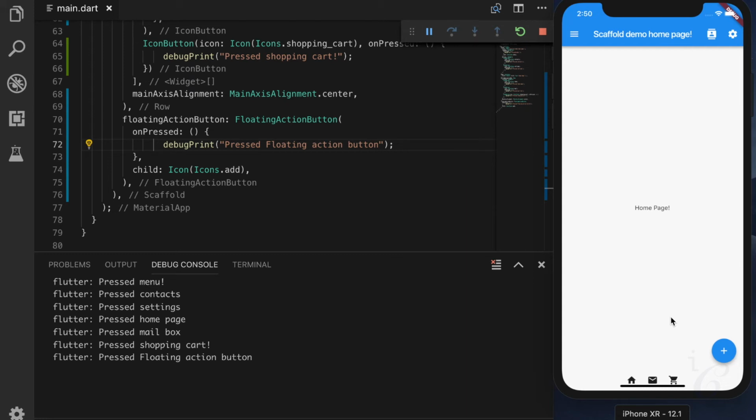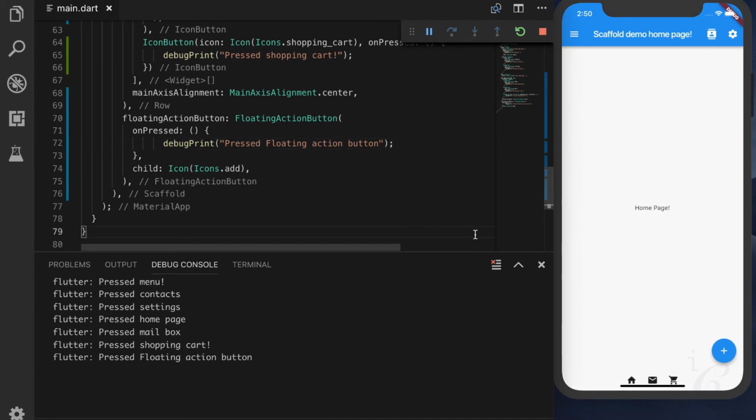Now that we have seen the functionalities are working fine, and we have seen how to create a Flutter application real quick using the basic elements provided by the Flutter framework. In the next session, we will use the advanced functionalities provided by the scaffold, which are the bottom sheets and the drawer.